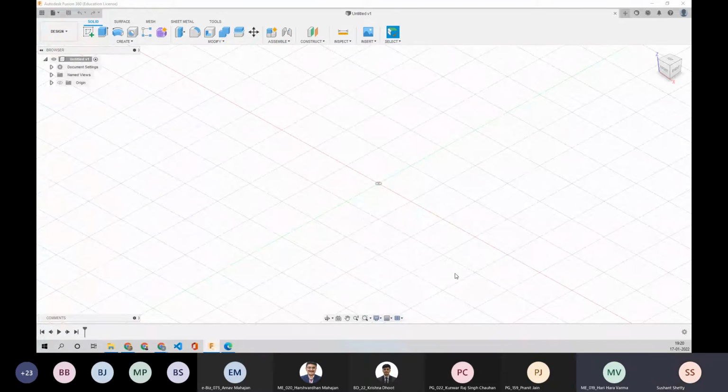Okay, so we'll start. Now that we're designing a Lego brick, Lego bricks are really small and they're measured in millimeters. So here in your document settings,